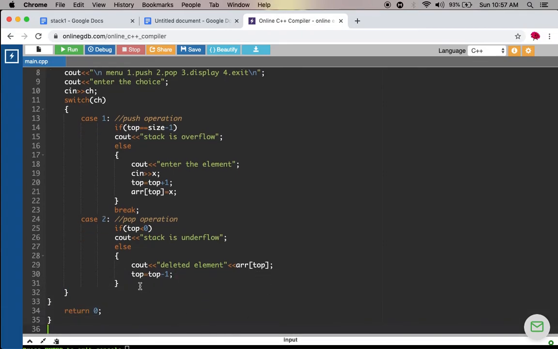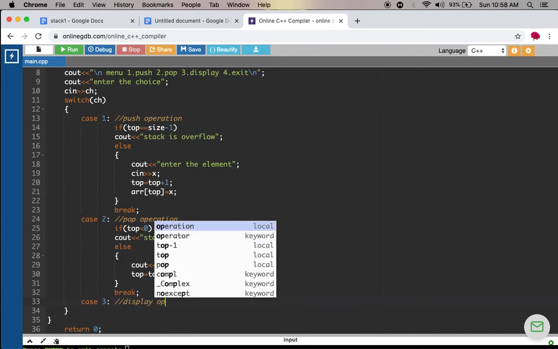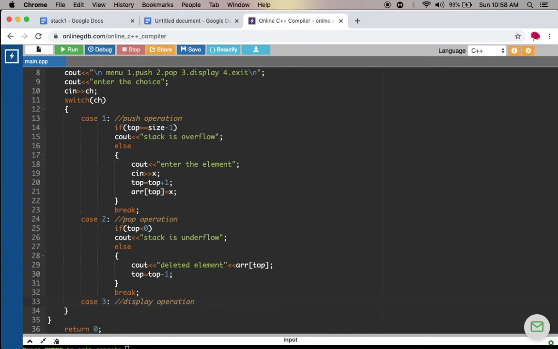Okay, now again I am writing break to break this case. After that I am writing case 3 to display all the elements in the stack. Here I am writing the display operation. So in order to display the elements in the stack are,